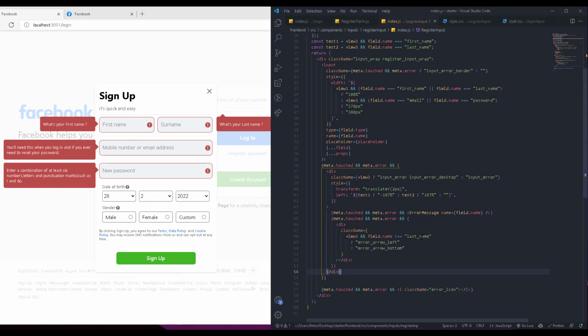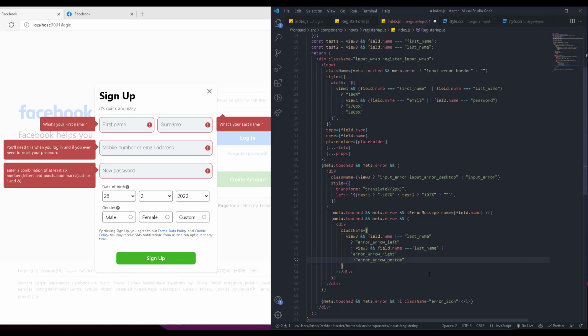Okay, so when it's different from the last name, this is what we do, error arrow left. Else we're gonna also check if we are in the view 3 and the field dot name is now equal to the last name. That means we are actually right here. So now we're gonna create an arrow, let's call it error arrow right. Okay, else this is what's gonna be, let me make sure this is like this. Okay, and this is gonna be okay, because I messed this up, because when this is true, this is what it's gonna be, remove this from here. Else,